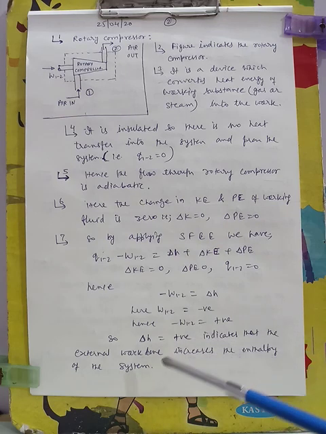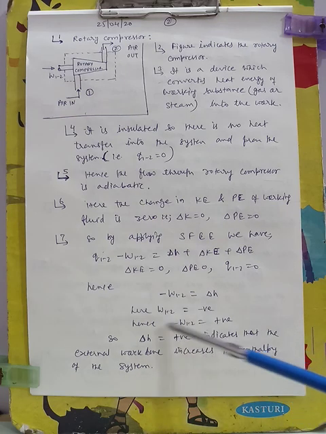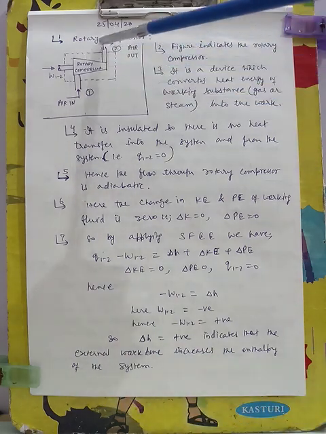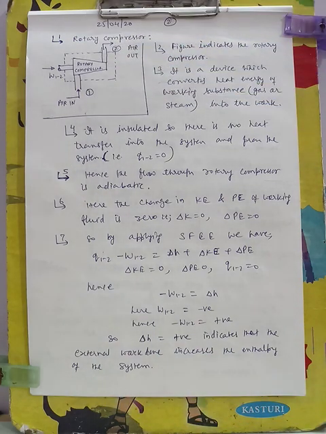So this increase of enthalpy will come in the form of increased pressure of the air. As we know, the work of a compressor is to give compressed air at the outlet. So this increase in enthalpy of the system we get in terms of increased pressure. This is one of the important applications of the steady flow energy equation.